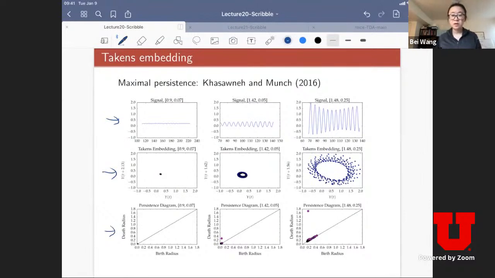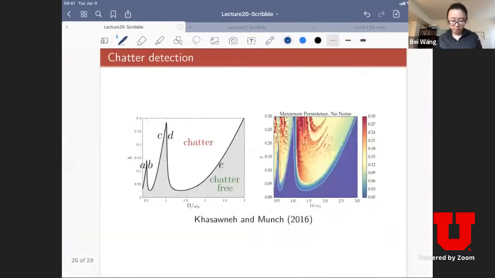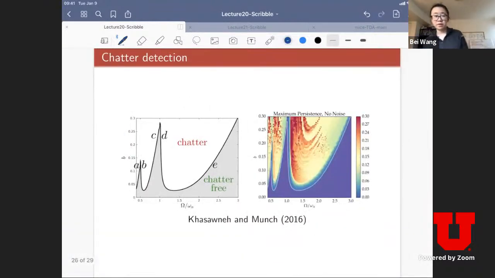So one question is, can I just use this persistence diagram for things like classification? Because instead of classifying the original signal, I'm going to classify the corresponding persistence diagram of the token embedding. Okay, so there's also an application of this in